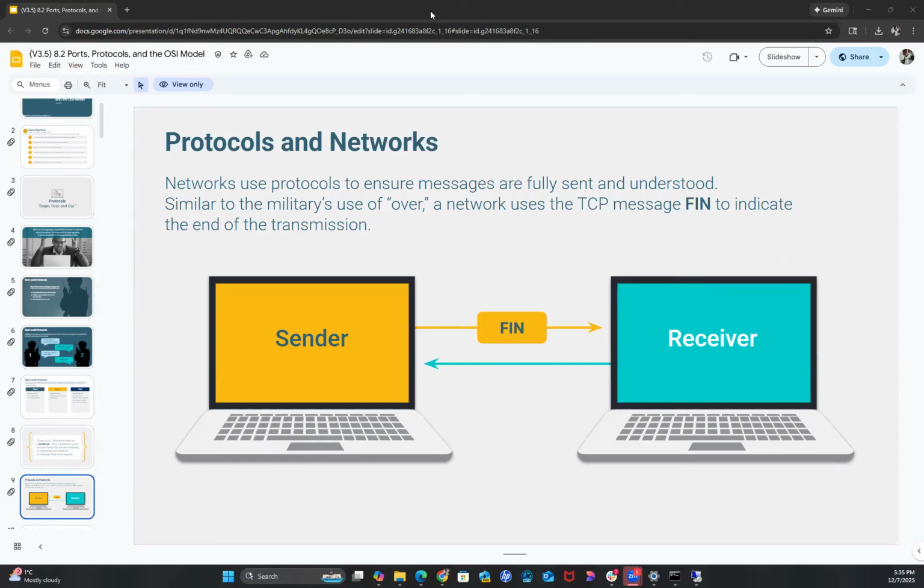ভাই আমরা আছি। হ্যাঁ আমরা আছি, সরি। আচ্ছা।